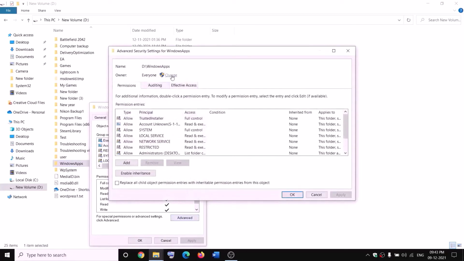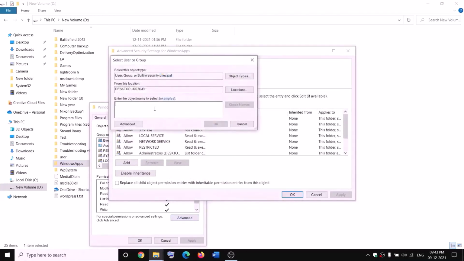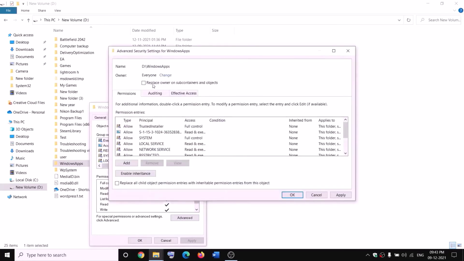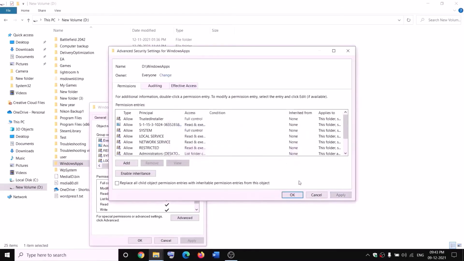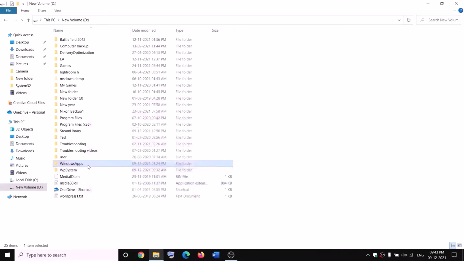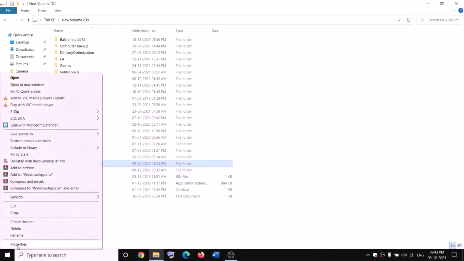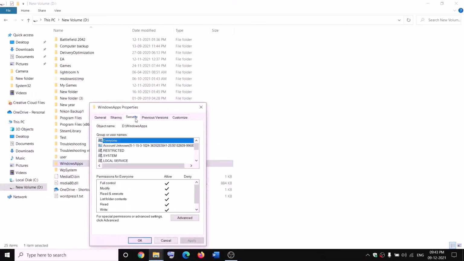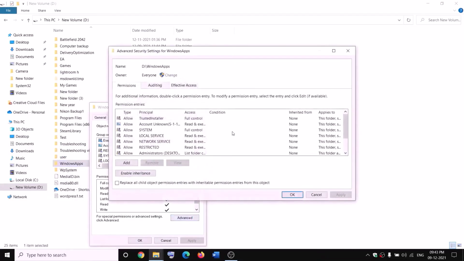Now click on change over here, type in everyone in the box. Now click on check names, then click on OK. Now put a check on the box which says replace owner on subcontainers and objects and then click on apply. OK, OK, again OK. Again make a right click on WindowsApps, select properties, security tab, advanced, and this time